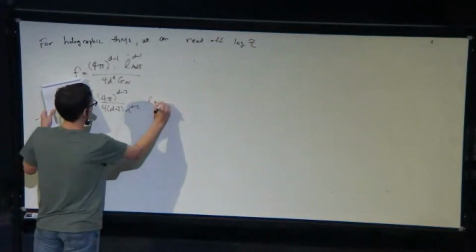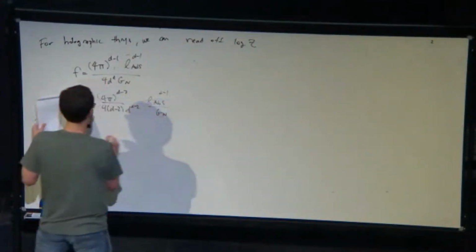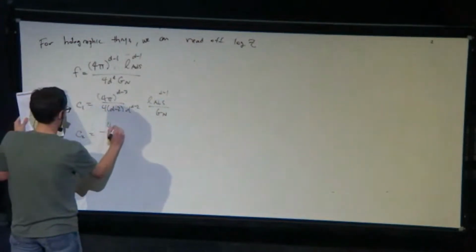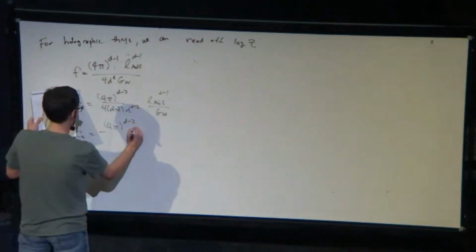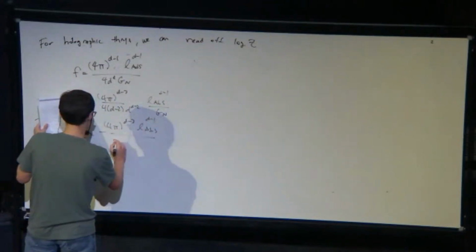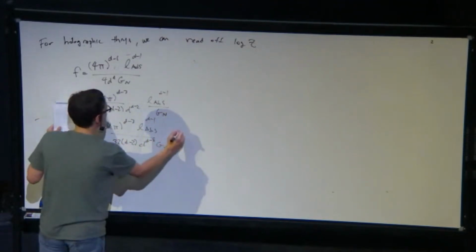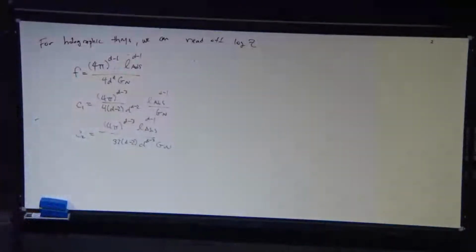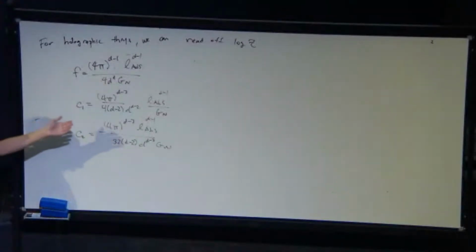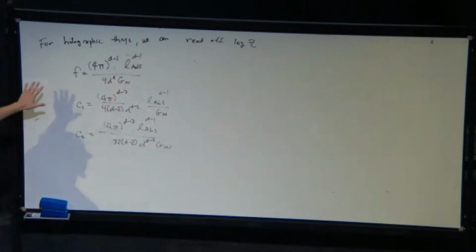So this is the d plus 1 dimensional Newton's constant. And you could, in principle, go to higher derivatives as well. We just stopped here. OK, so these are the leading order terms for the Wilson coefficients. Of course, there will be corrections in powers of G Newton, and there might be corrections also in, like, alpha prime or whatever. But these are the Wilson coefficients from Einstein gravity.